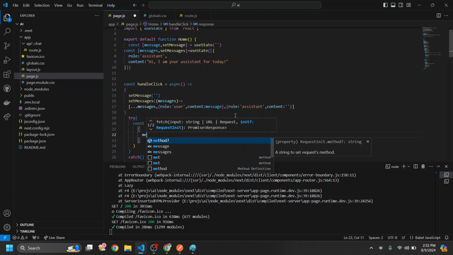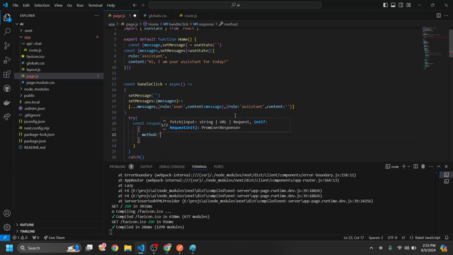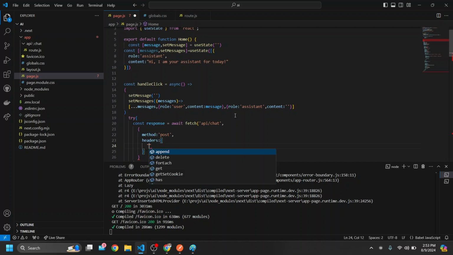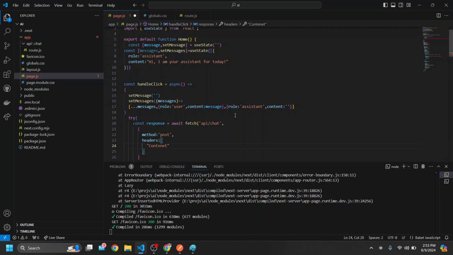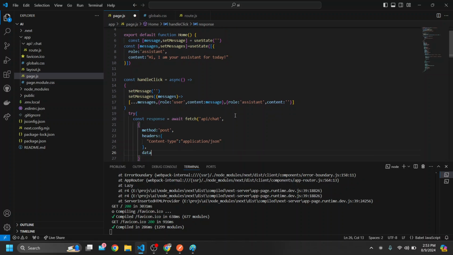Now what we are going to do is method would be post and headers would be content type would be application JSON. Data would be